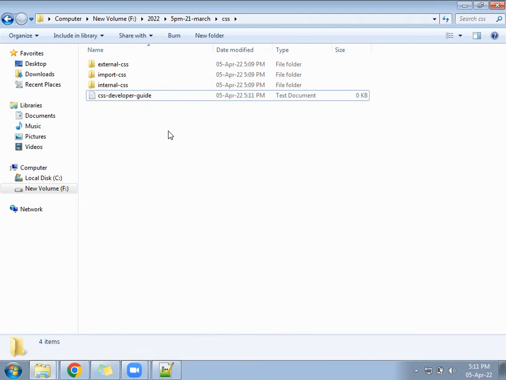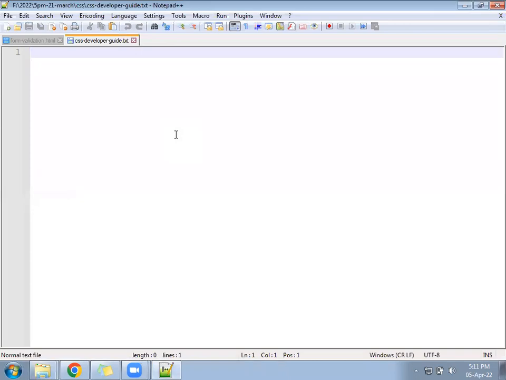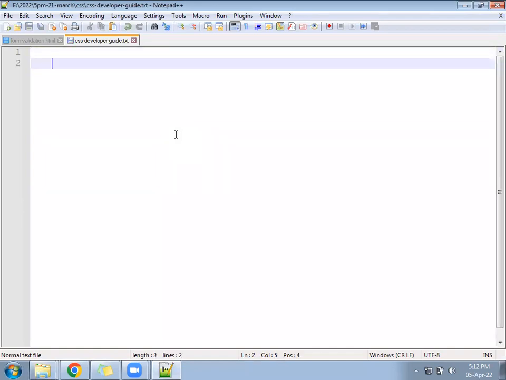This CSS developer guide we can open. In the CSS developer guide, you can write